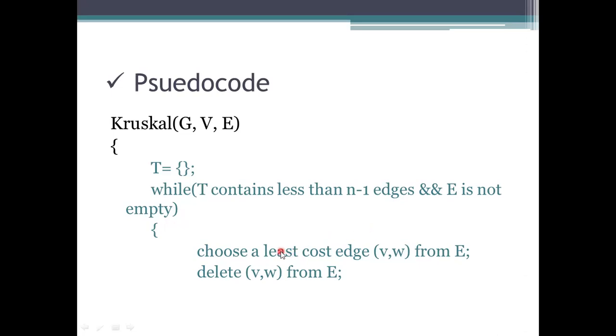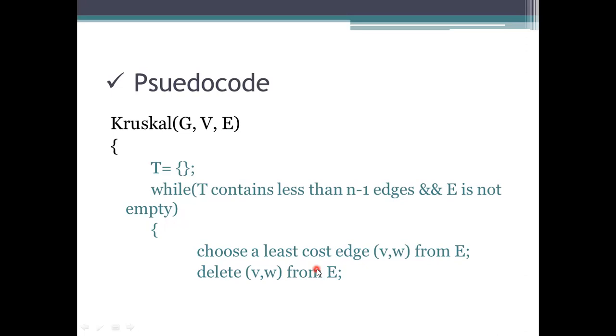So what is the first step? Choose the least cost edge here. So this is the source, this is the destination. We have to choose from E, that is the set of the edges. Okay, so we need to take this one. Whenever we are taking the edges from this set, we need to delete that one. Since it is a used one, a marked one has to be specified. If it is a marked one, delete that information from that edge.